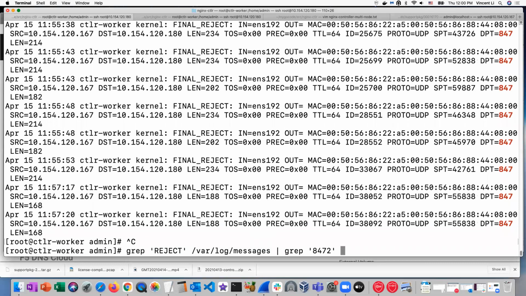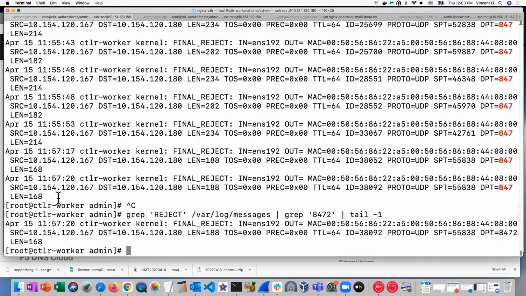There are. Okay, so as you can see here, the destination port is 8472. It got rejected, right? So it looks like we already found the problem, and